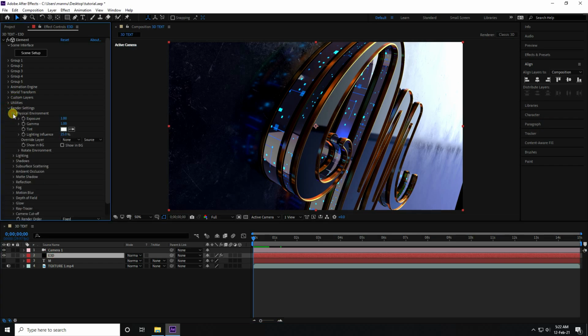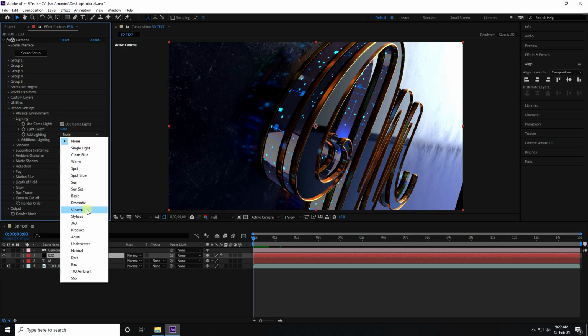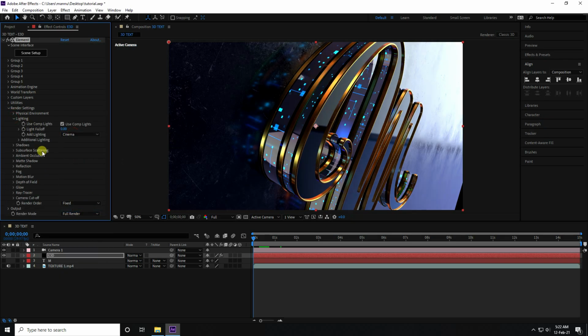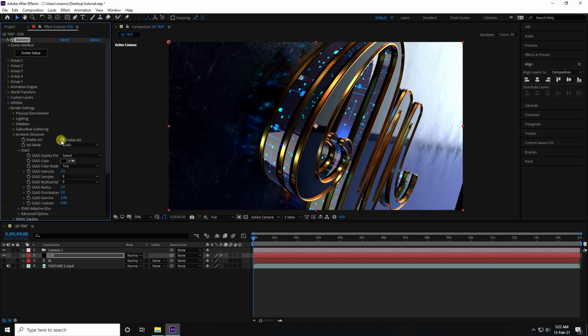Guys, go to physical environment is good, and lighting, I use cinema. Yeah, good. And go to shadow and shadow check, and go to ambient occlusion check, and select to use high.